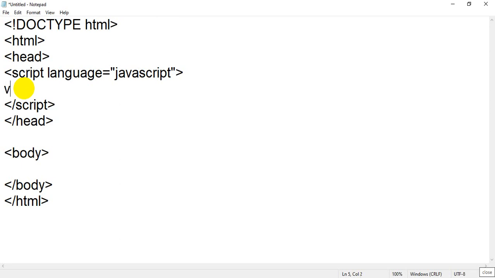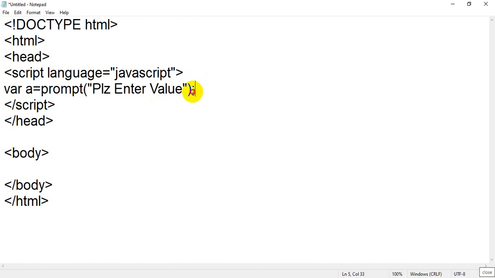First I will declare a variable, where a is, for example, you can declare any variable. var a equal to, now I am going to use prompt. If you remember, we have done prompt. The prompt function is used to accept a value from the user. So I am going to accept some value from the user, in which I will write a message, please enter value. Now I am going to put a semicolon.